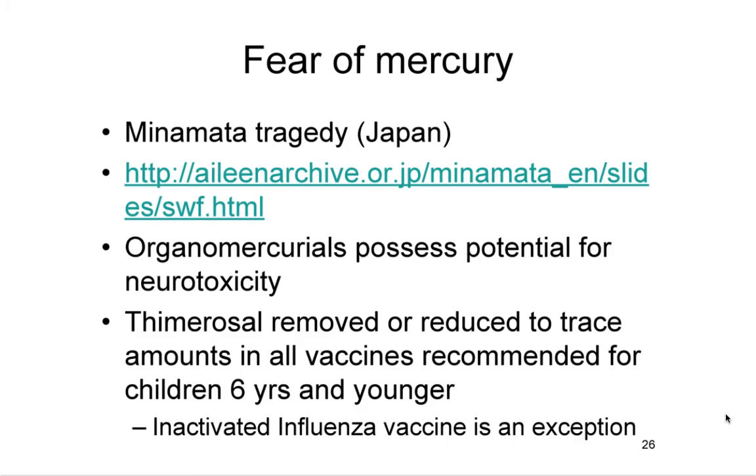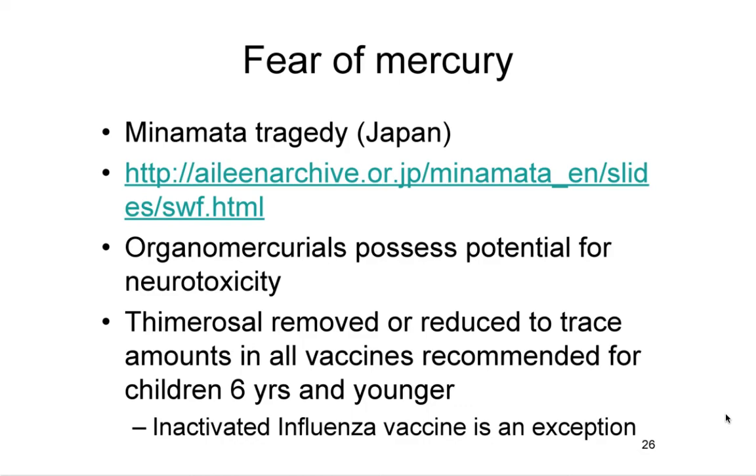The problem with organic mercury derivatives is the concerns related to mercury toxicity, and perhaps the oldest example of when mercury was found to be toxic was the Minamata tragedy that occurred in Japan, when an industrial facility released large amounts of mercury into water bodies that eventually led to accumulation of mercury in fish and other fauna in the water bodies that were being harvested by people who lived along the river, and they consumed the fish as well as other material that they extracted out of the river, and because mercury had accumulated